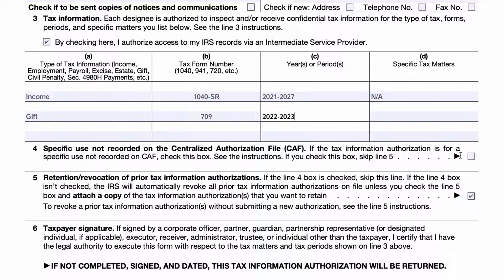For example, requests for specific information returns. Maybe you need to obtain copies of previous year 1099s, W-2s, all of those information returns that would be used to help file your Form 1040. You can specifically request use of those. You would also have to